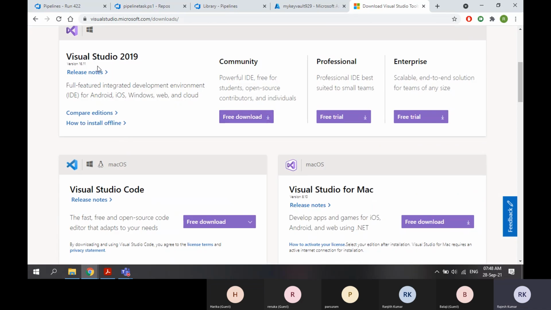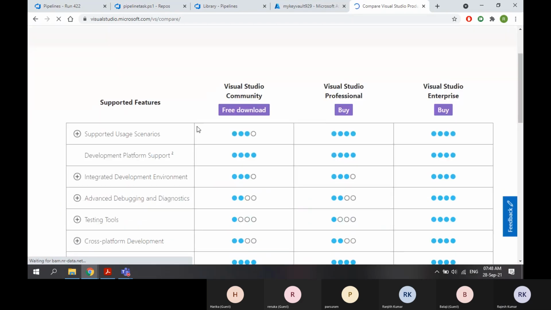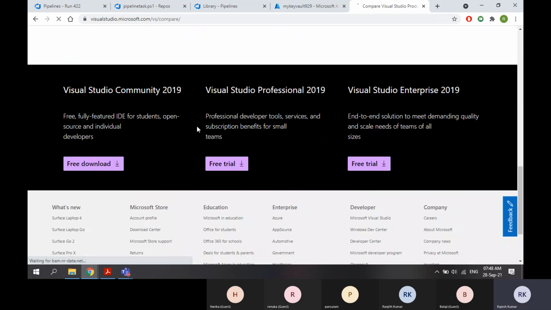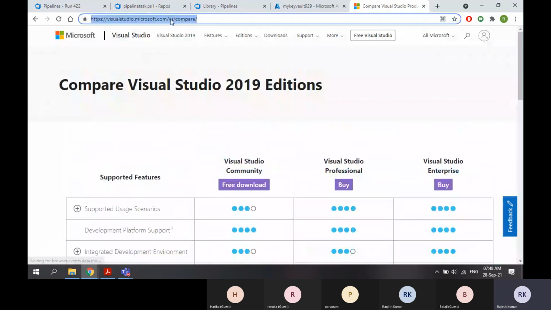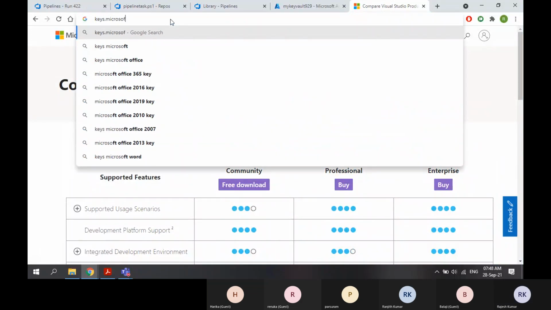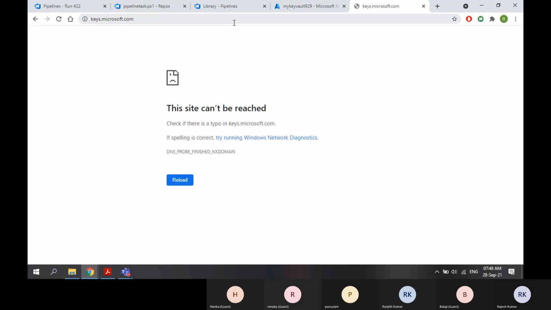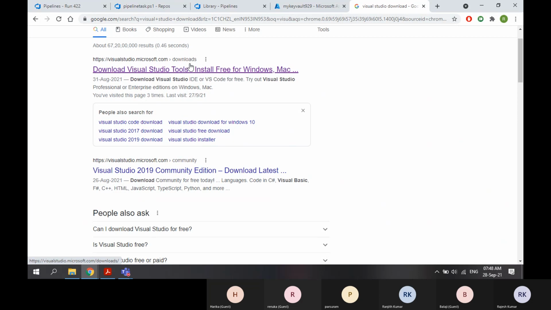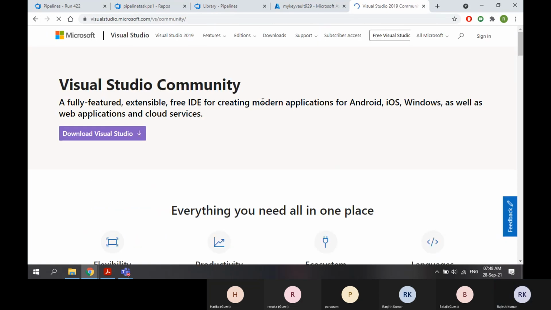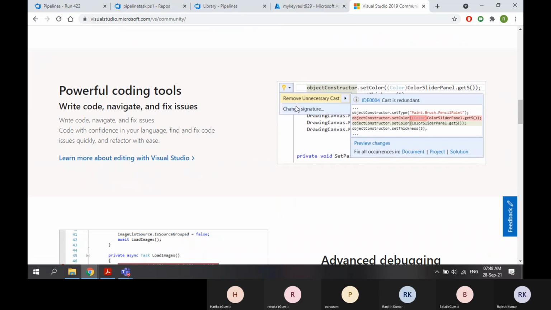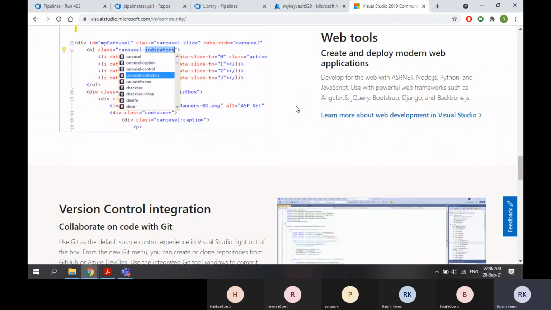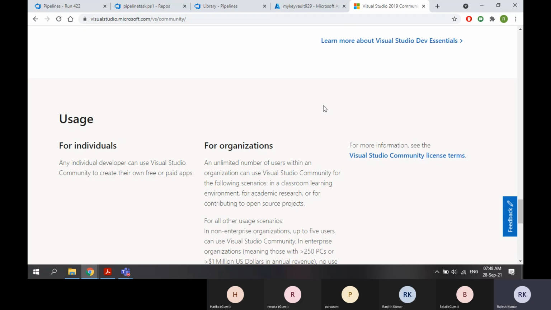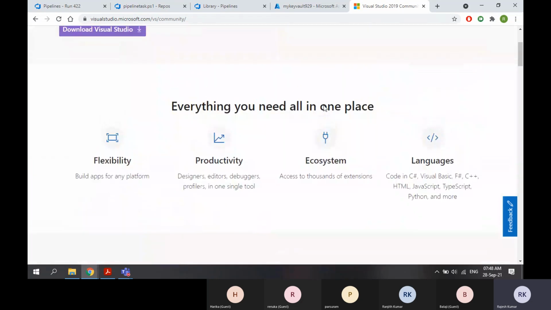Maybe that was available only within the corporate network. Now I'm on a public network, so I will not be able to access it.